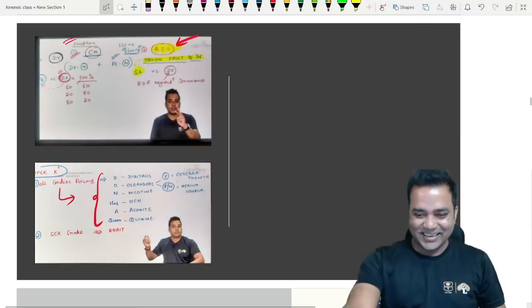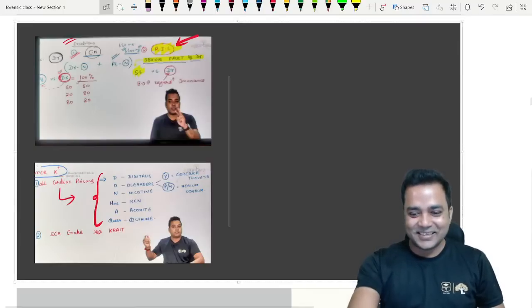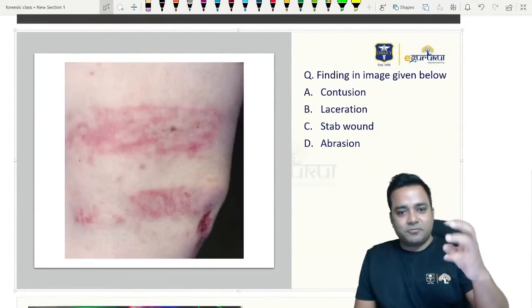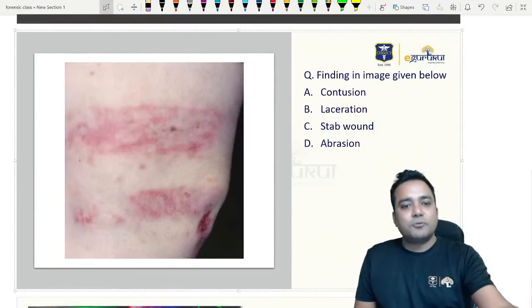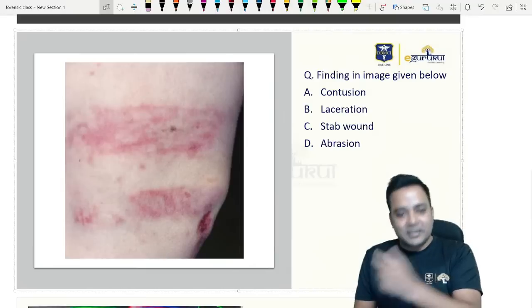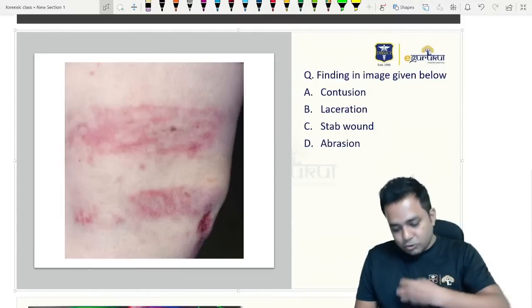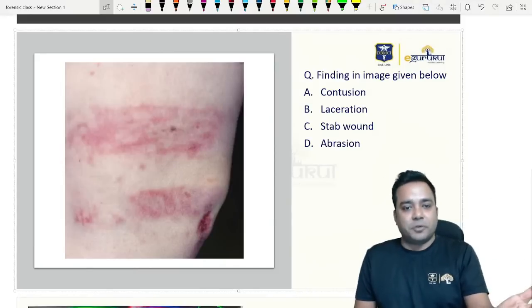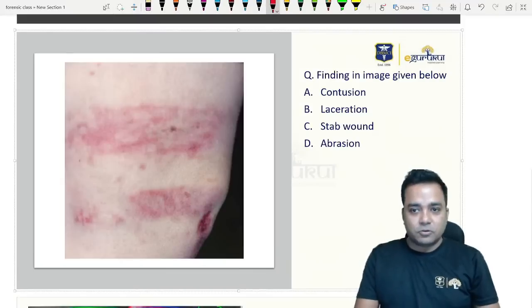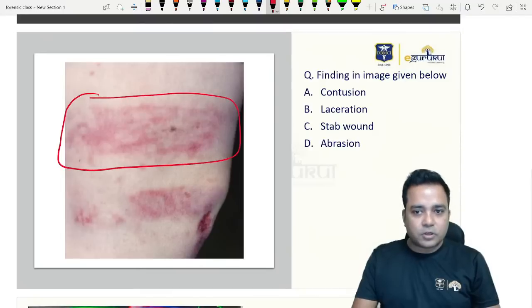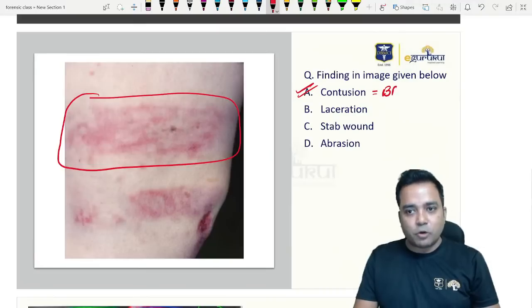Kindergarten question. Chalo. Very good. Now this was a question which some students are saying it was abrasion, some are saying contusion. And this I covered in one of the Vive questions because I was sure that you will get multiple questions from injuries topic, which I told in the Vive session too. So finding in the image given below, the major injury being shown over here is this, and this is what is contusion for me, or I say bruise for me, without any doubt.